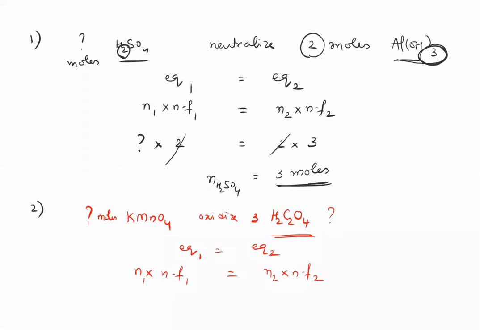Up to here it is normal. After this, what are you going to do? Number of moles of KMnO4 is asked. N factor of KMnO4: yesterday I gave you a list and asked you to remember the N factor of KMnO4 in acidic, basic and neutral medium. The most frequently used is acidic medium, so please remember it. It goes from Mn +7 to Mn +2. So +7 to +2 is the change, so the N factor in acid medium is 5. Please remember it. It's useful for solving questions.